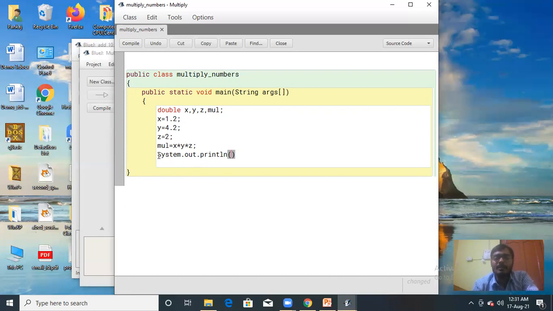This statement is used for printing. I have already multiplied all the three numbers x into y into z, and I have stored its value in the variable mul. Now I will print its result.